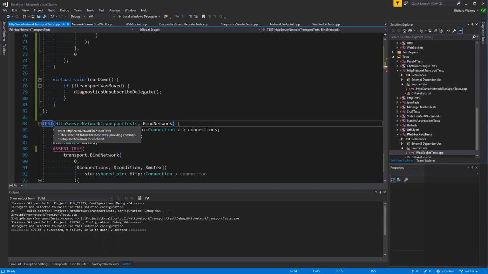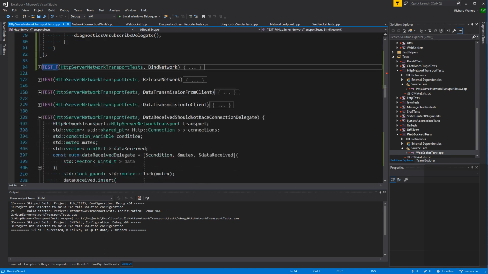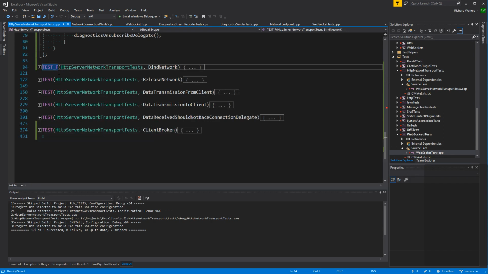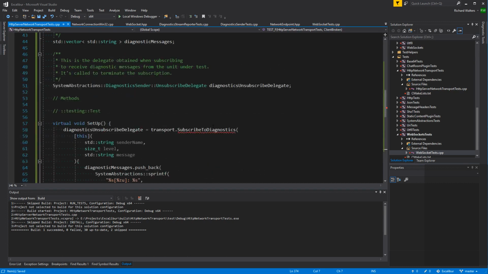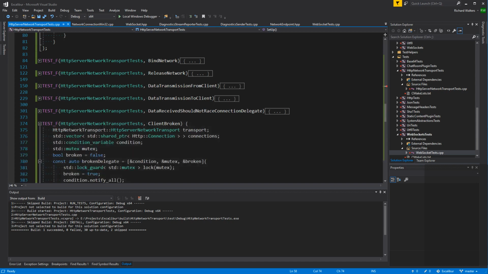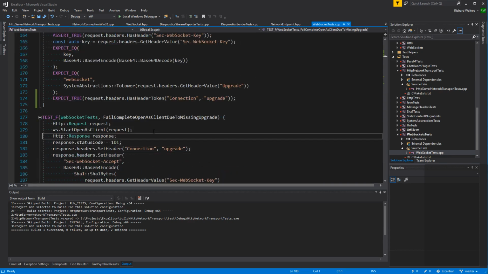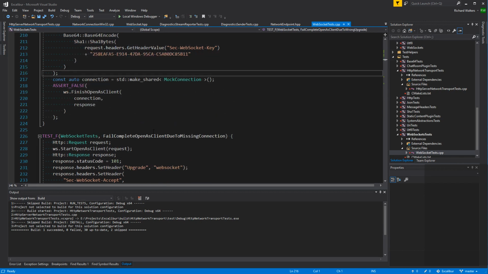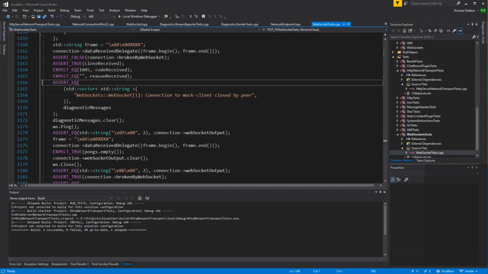Transport, oh, because we need to make it part of the fixture. So let's indoctrinate them all into the fixture class here. We haven't added that yet, but we'll add it in a few moments. Just wait a moment. But let's find where we have some tests about the diagnostic messages like this.